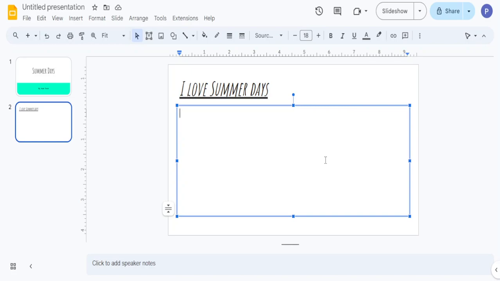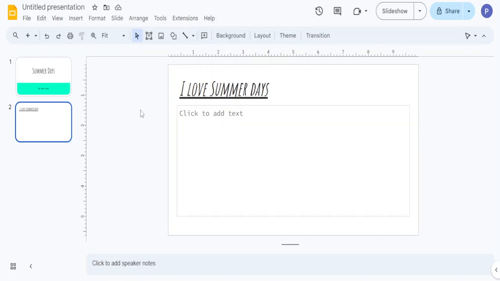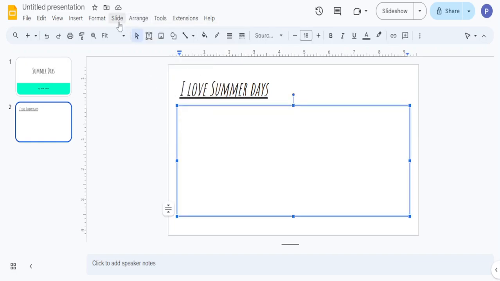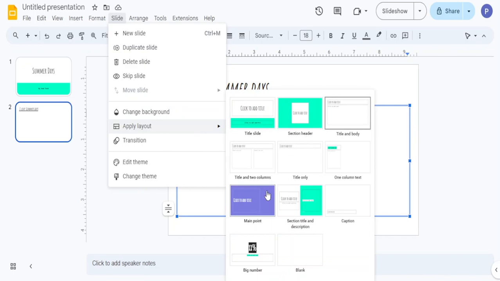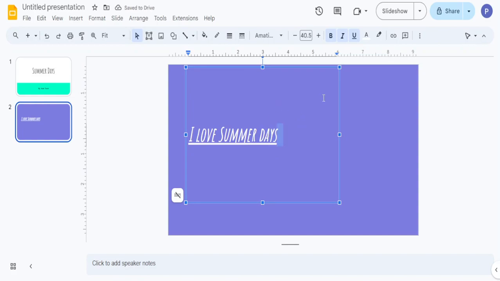If the templates given by Google Slides seem to be boring to you, you can just find other themes from the internet, and you can also add extensions, get help, training, updates. There are many things you can do in here, like arrange things, make a new slide, duplicate a slide, delete a slide, skip slide, change background, apply layout, like you can here make it as a main point. I love summer days. You can just put it like here,